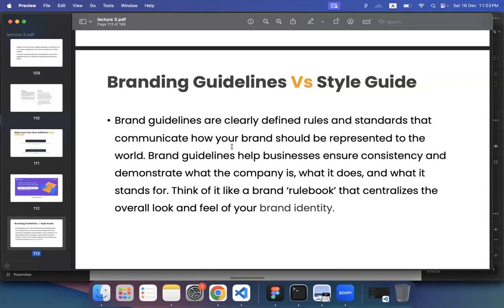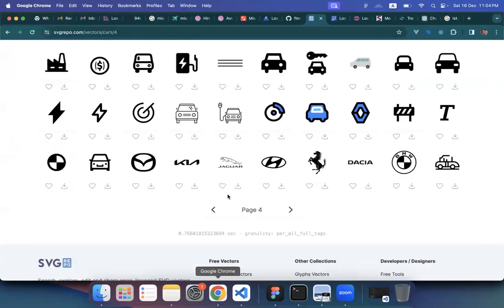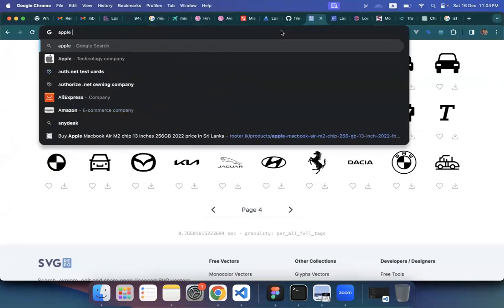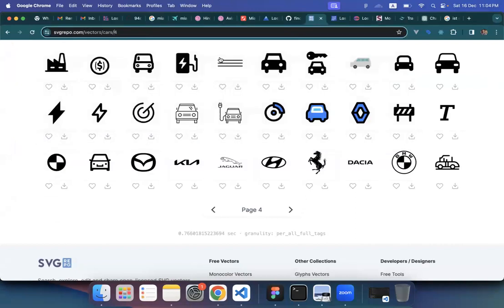So actually every brand, every recognized brand has a branding guideline. If you Google for something like Apple branding guideline, Microsoft or any other company, even Coca-Cola, they have a PDF or a separate web page on how users or advertisers should use their brand, especially the logo, the icon mark. So those are standards the advertisers and everyone should follow. So if you Google something like, let's say, Apple branding guidelines,